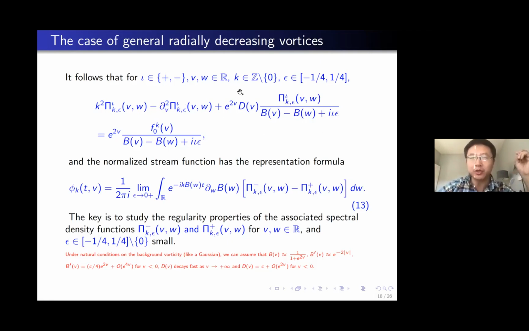So that makes it impossible to be dominated by this term, because this is approximately equal to 8. If we use this formula to calculate, we can see that this is approximately equal to 8 on the interval from W to 0, if W is very negative. So then this is a highly non-local potential. Then to analyze that, we have to do something. We cannot really view this as the main term. We have to remove part of this potential and put it into this term and treat that as the main term. So that's why this kind of expansion is important.